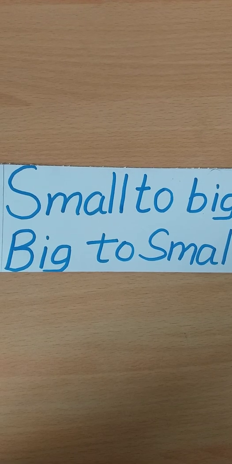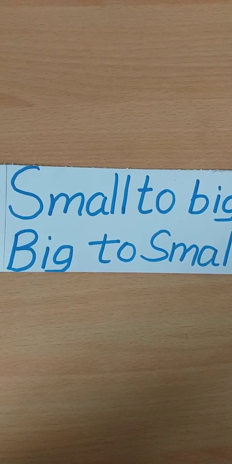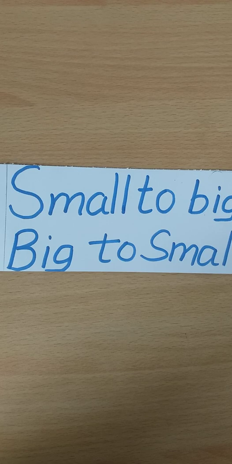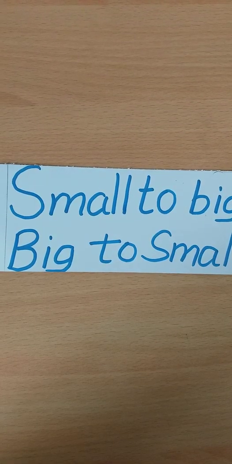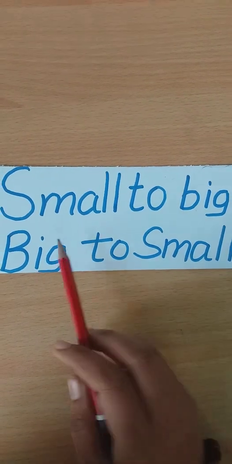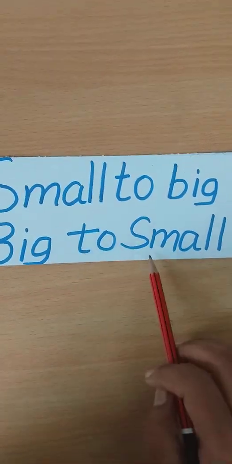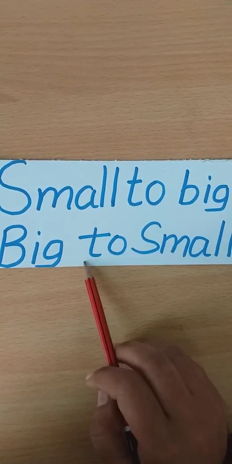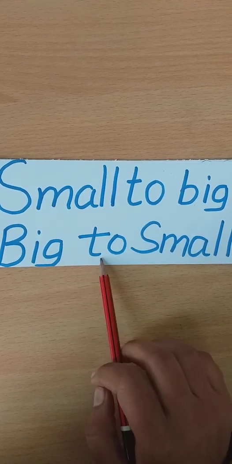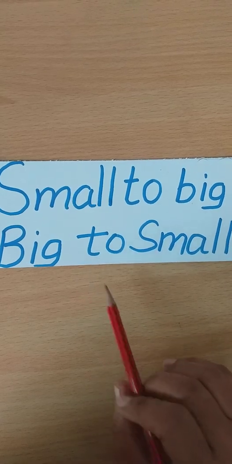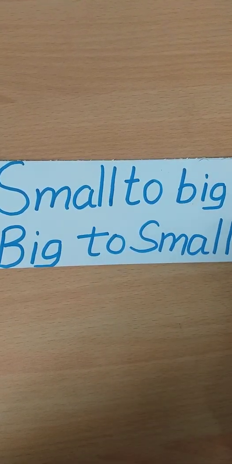Numbers are said to be in descending order when they are arranged from the biggest to the smallest number. When numbers are put in descending order means big to small. Okay? So children, big मतलब बड़ा नंबर, स्मॉल मतलब छोटा नंबर. तो बड़े नंबर से छोटे नंबर तक इसका क्या मतलब है? बिग टू स्मॉल मतलब बड़े नंबर से छोटे नंबर तक हमें उसको नंबर्स को अरेंज करना या उनको लिखना.